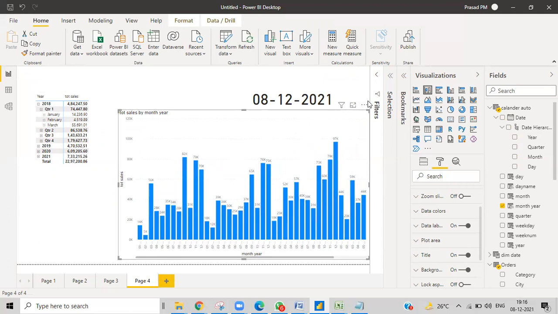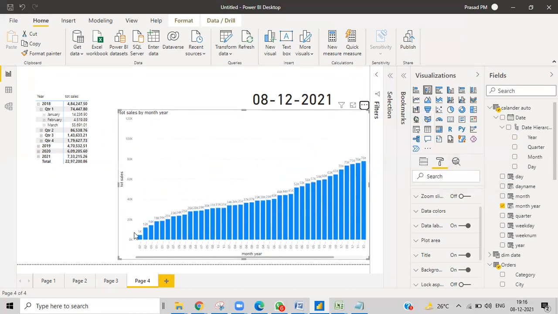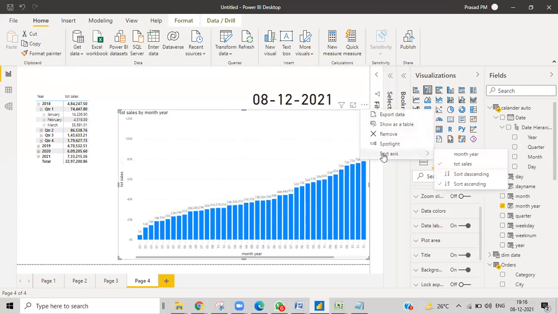And then there are a lot of sorting orders. Earlier it was sorted by total sales, so wherever the highest or lowest sales were, it was ordered in that manner. At that time, the months will be scrambled. We may not know, because in some months, as per the total sales, it was shown in ascending order. Yes, it was shown, but I want to show it in this order, from the 1st of January of 2018, February of 2018.